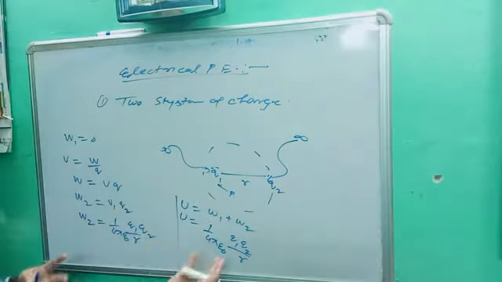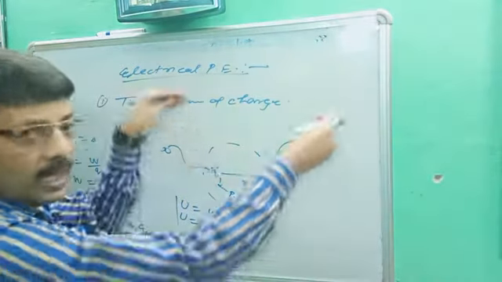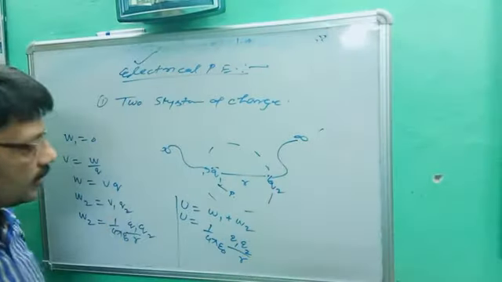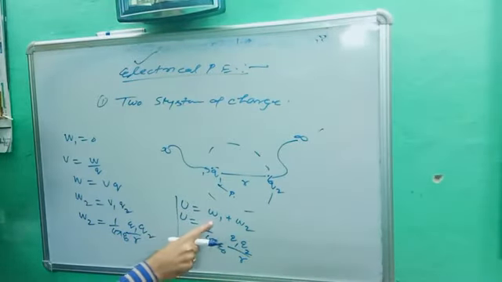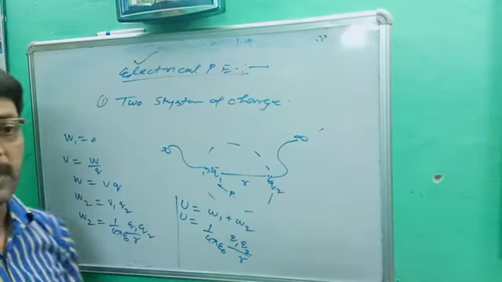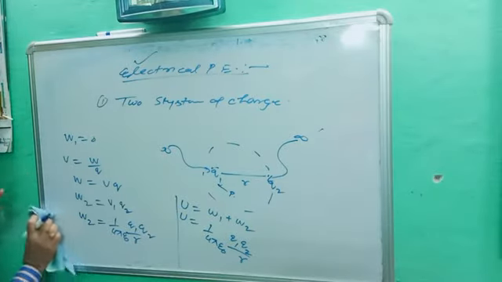But this is the method of assembling. Listen to the definition: total work done to assemble the charge from infinite into their location is called electrical potential energy, and our formula is U is equal to 1 upon 4 pi epsilon naught Q1 Q2 upon R. This is the method by which we can get the answer. Note down all these points.